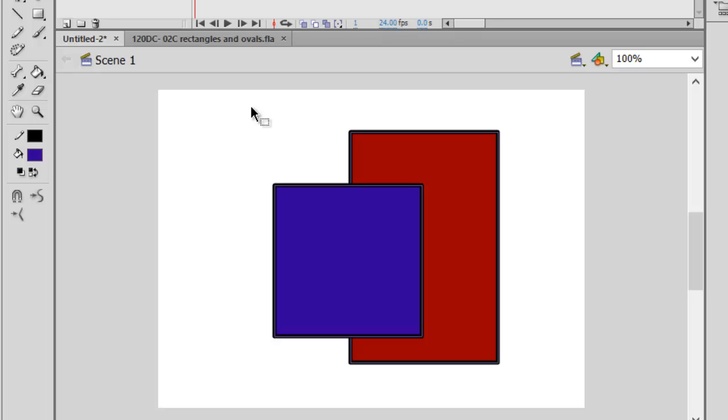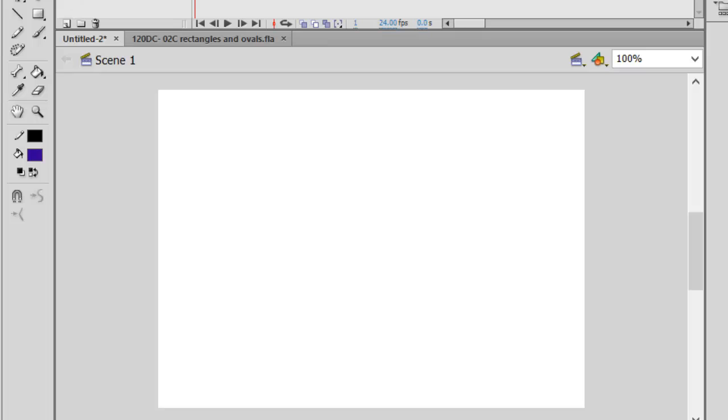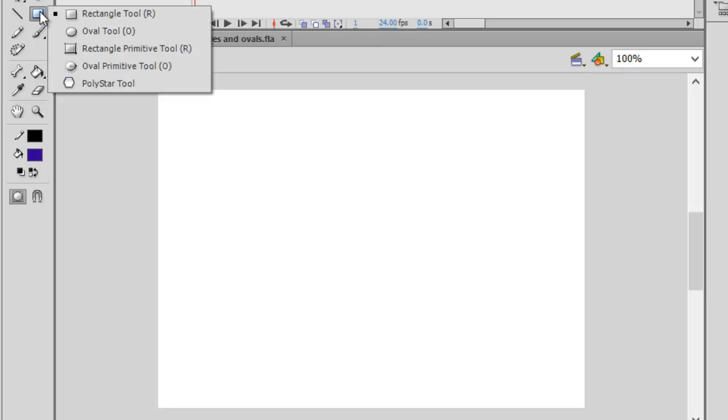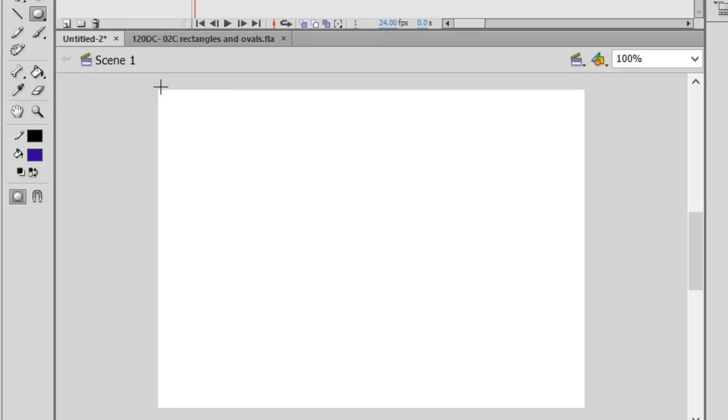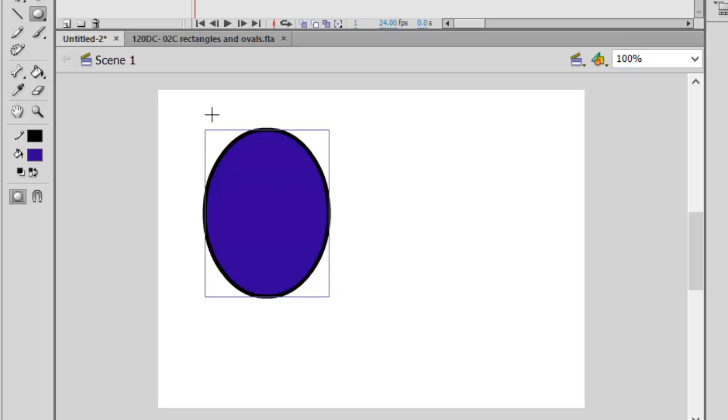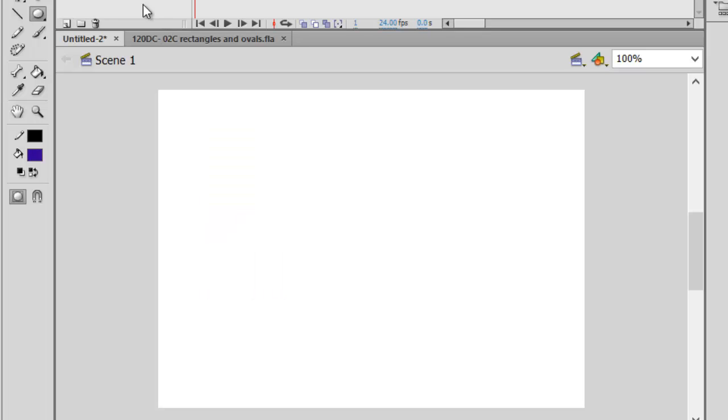I'm going to select everything and delete it. Let's take a look at the oval tool. The oval tool works just like the rectangle tool in that if you think of a box around your oval, you're going to drag from one point in the corner to the diagonally opposite point. So I'm dragging from here to here. Now I have object drawing mode turned on so you can see that border. I'm going to undo that and go back to merge drawing,